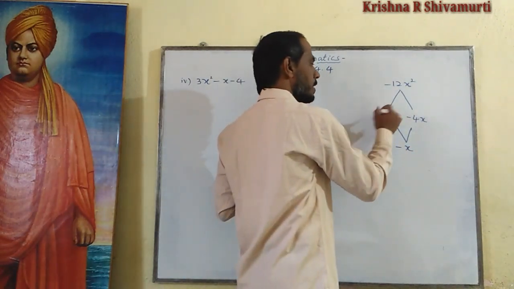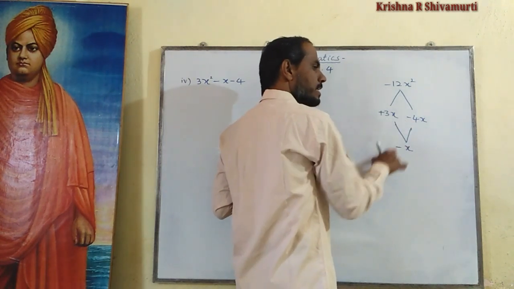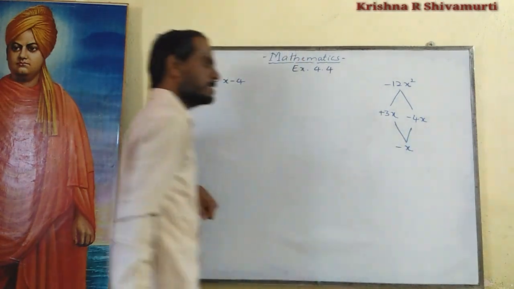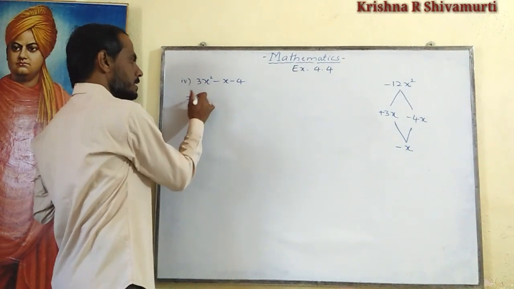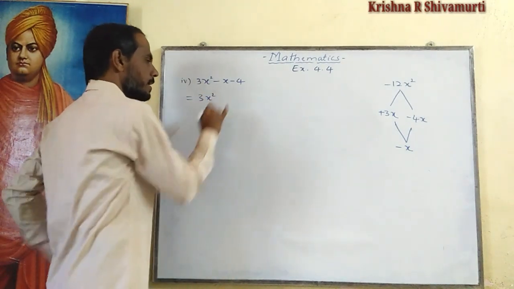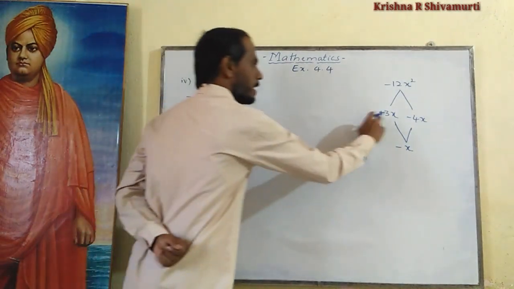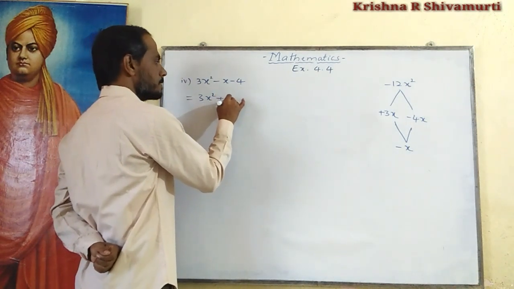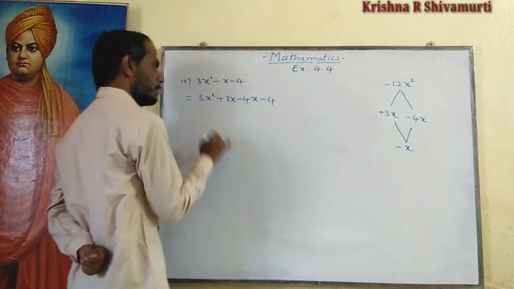Okay, then this is what? It is positive. We should subtract now. Opposite signs are there, so only then is it possible to subtract. In minus 4x plus 3x, subtracted, it is minus 1x. Means the next step is what? First term as it is, 3x square. Okay, and next, instead of writing the minus x, write these two terms. What is there? Plus 3x minus 4x, minus 4. Last term as it is.